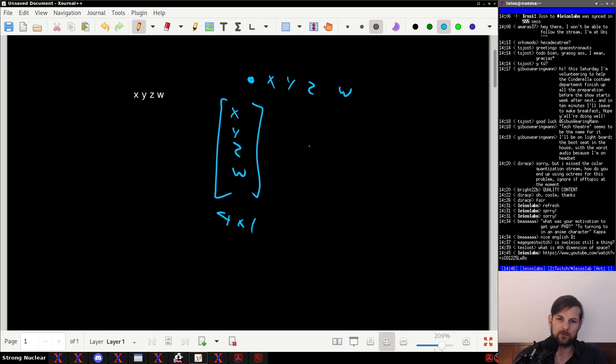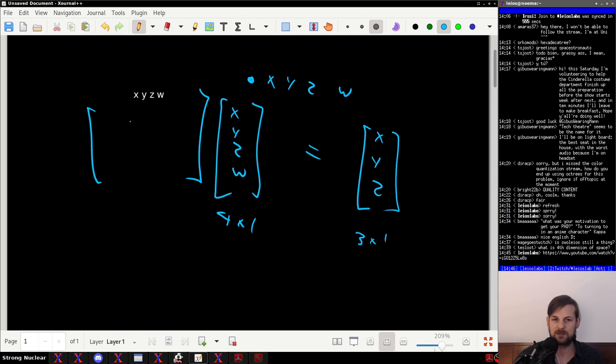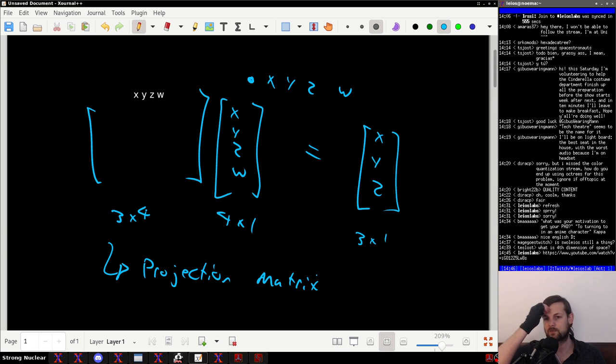And so if we want to turn this into a 3x1 vector, as in put it specifically onto X, Y, Z space, which is again 3x1, then we need to multiply it by a 3x4 matrix here, which can be any number of things, and then what we can do here, this is a projection matrix of some sort. So when we talk about 4 spatial dimensions, we're specifically talking about a situation where we